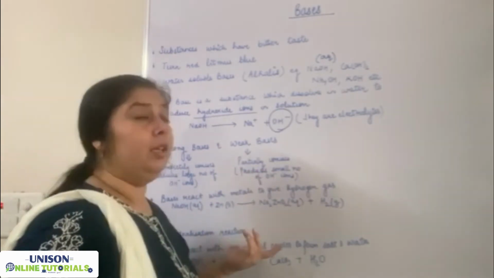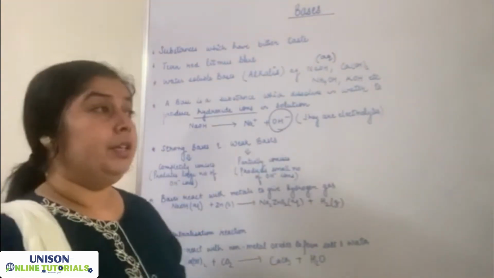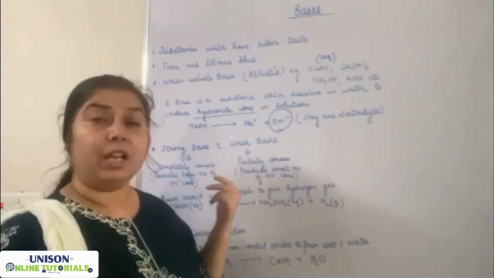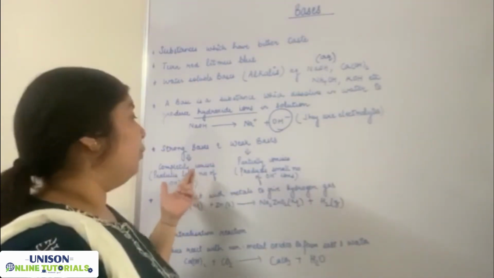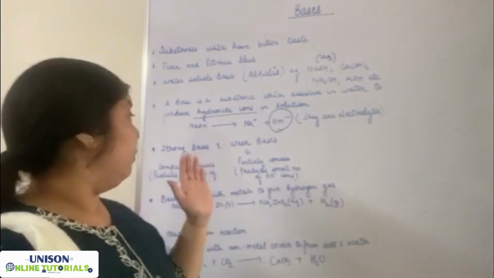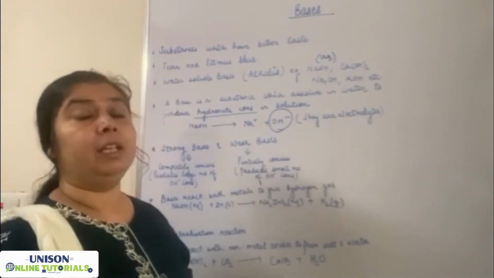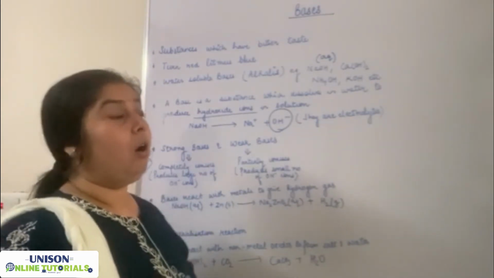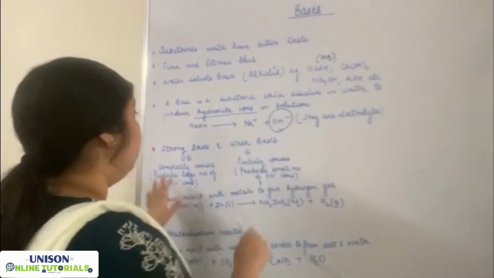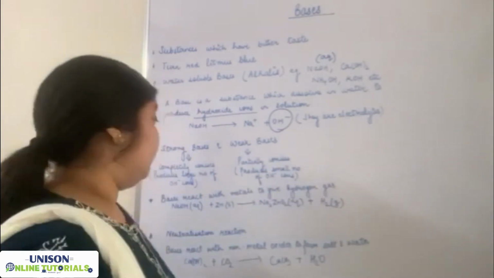They produce only a small number of ions because they are not completely ionized or dissociated. So the examples of strong bases we have are sodium hydroxide and potassium hydroxide. All these are which acids? Strong acids. And strong bases. And in weak bases, examples are calcium hydroxide and magnesium hydroxide. All these come under the category of weak bases. Is it clear? So we have two kinds of bases, strong bases and weak bases.